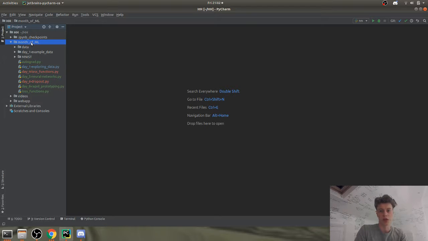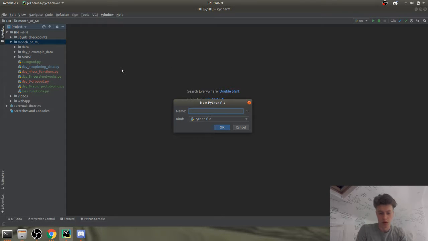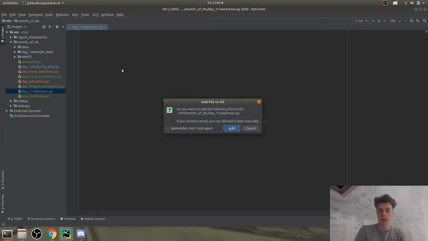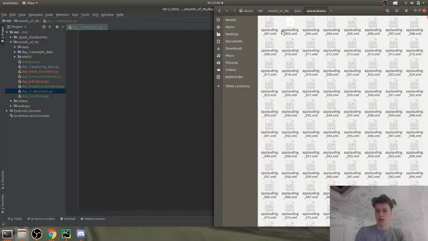So firstly we'll build that dataset and then take a look at the data and understand it, and then we'll build a convolutional neural network to do the actual object detection in there. So we'll just make a new Python file from scratch. We'll call it day_11_detection. Okay, so firstly, what we've got is